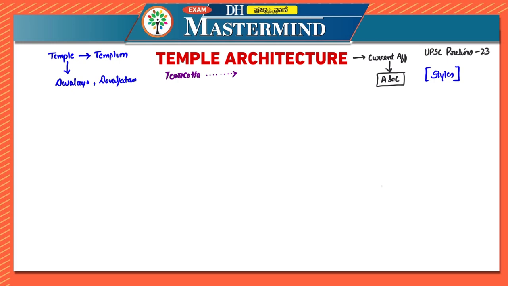The first one is Mauryan art. You might feel that this is not related to temple architecture, but we will start from the very basics so that when we discuss in a little more detail, it will be easier for us to understand. The second one is our Gupta age. This is very, very important, because it is considered to be the golden time of all the arts. So in case of Mauryan art,